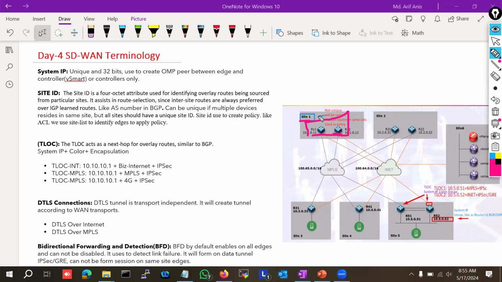In site-to-site BGP, the AS path is used for loop prevention, right? In SD-WAN, a site ID is used, and it can be used for loop prevention. And another use case of site ID, in traditional